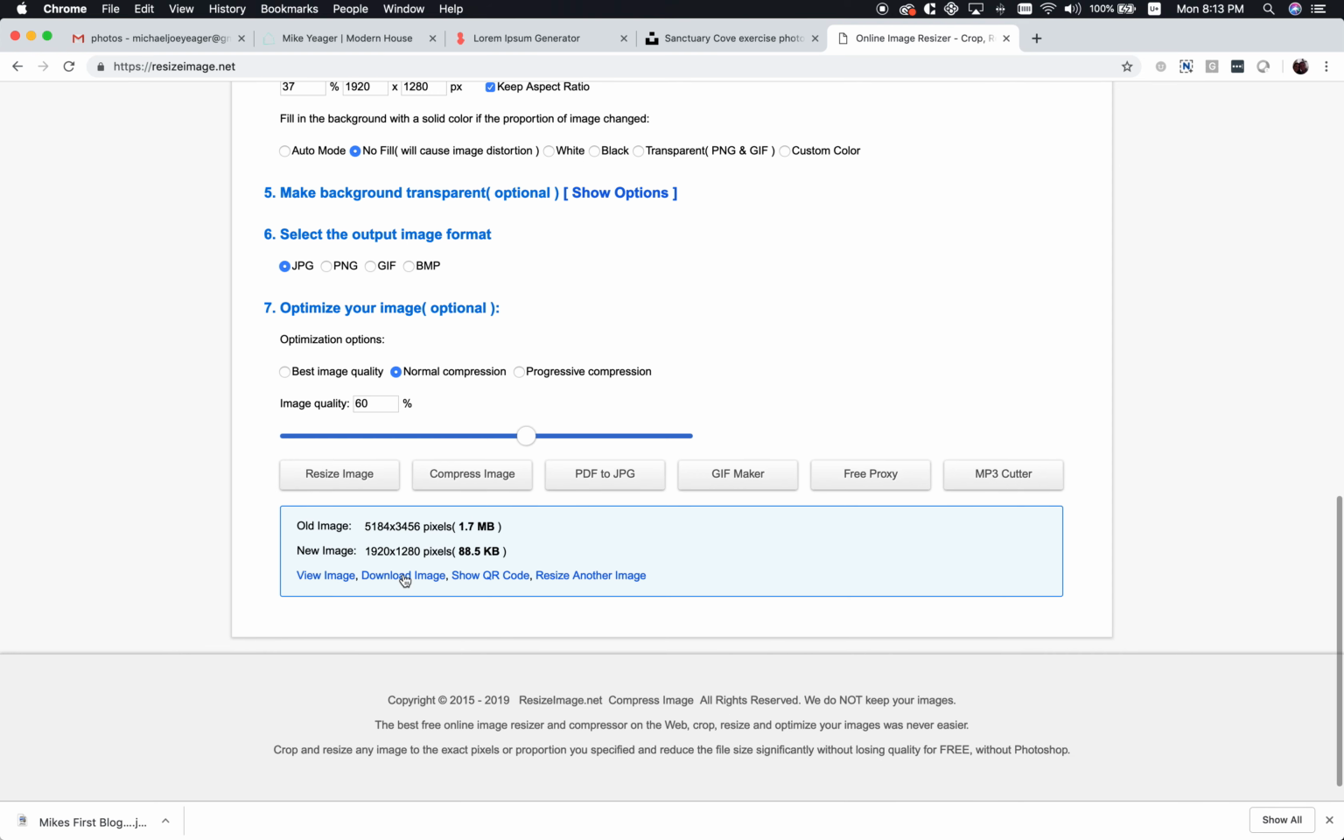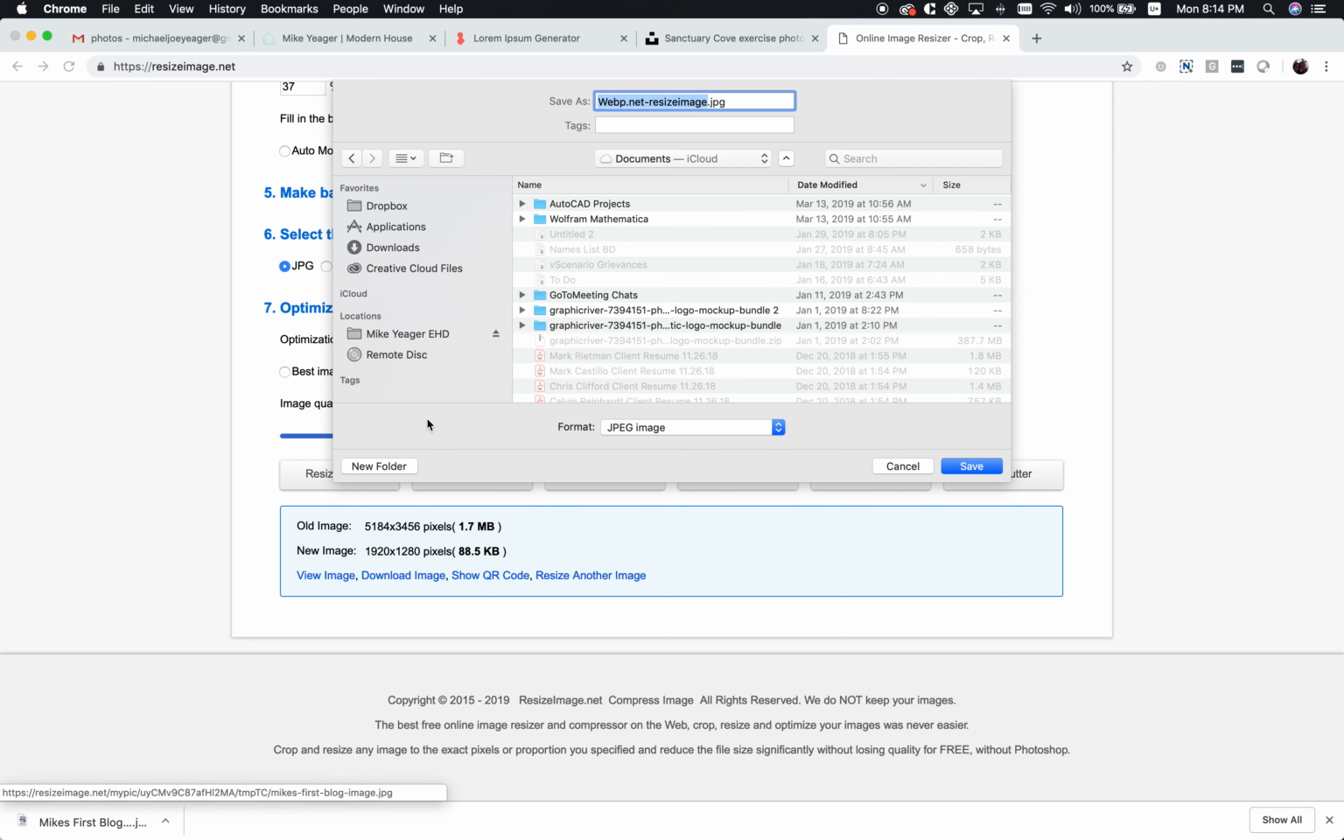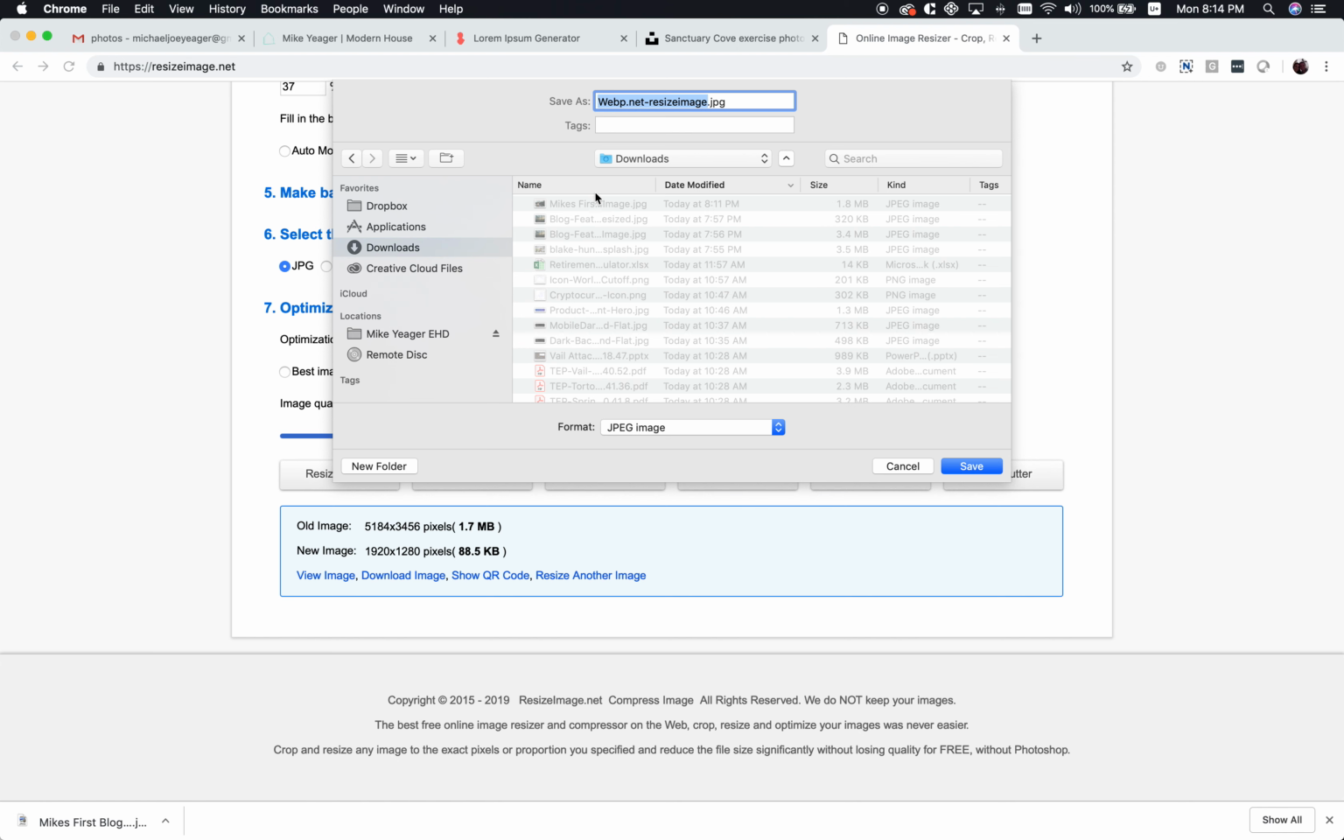And then you see that this here's our old image that was 1.7 megabytes, and now our new image is 88 kilobytes. So it's 0.885 megabytes, obviously under 1 megabyte, so we're good to go. So click download image, and then again save that to your Explorer or your Finder, whether you're on a PC or a Mac. I'm going to call this Mike's first blog image